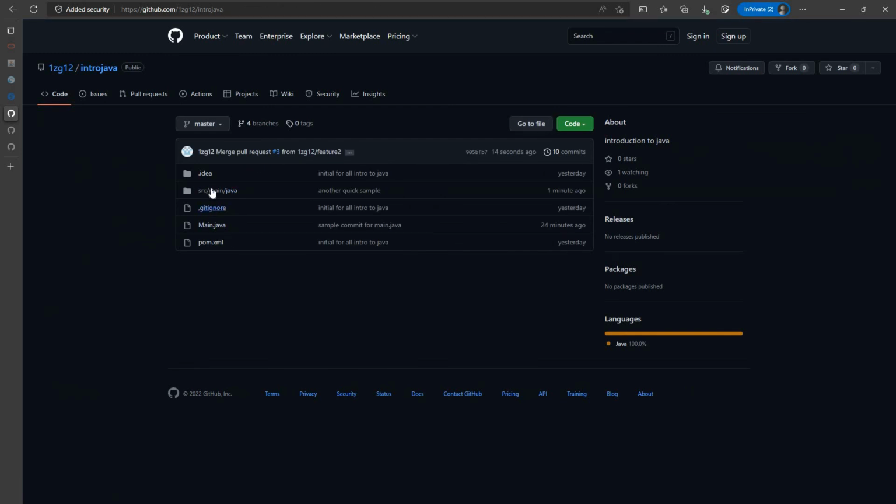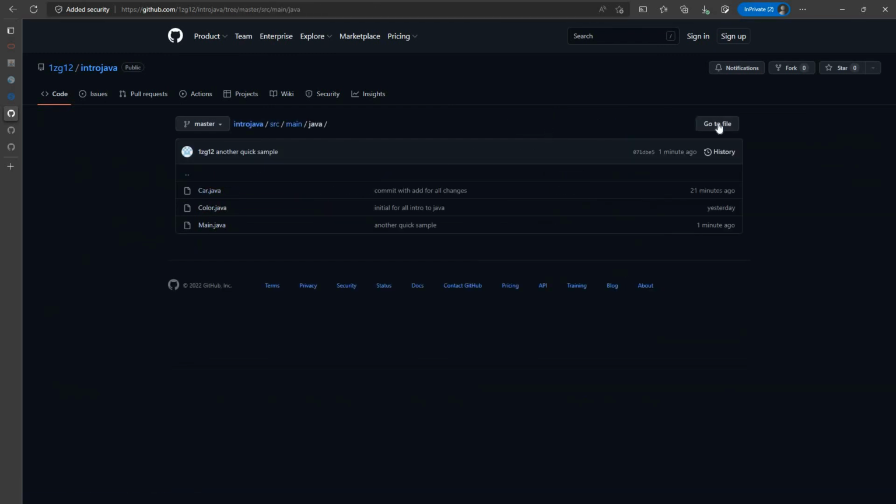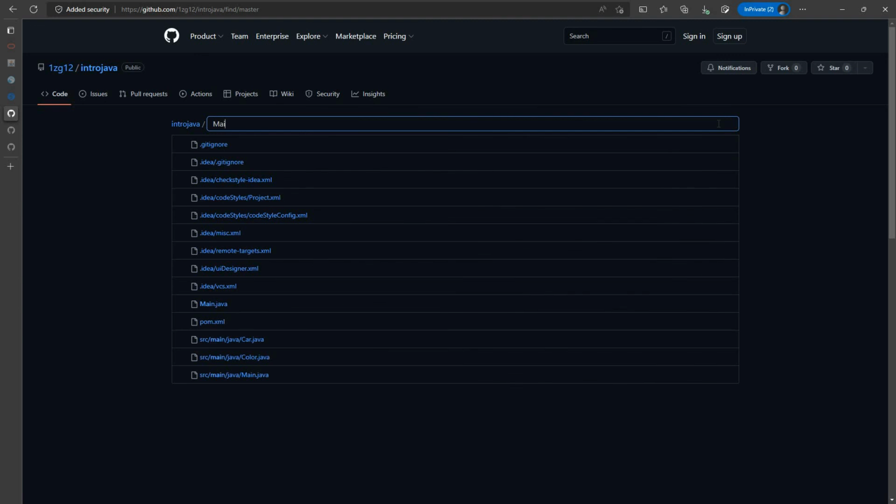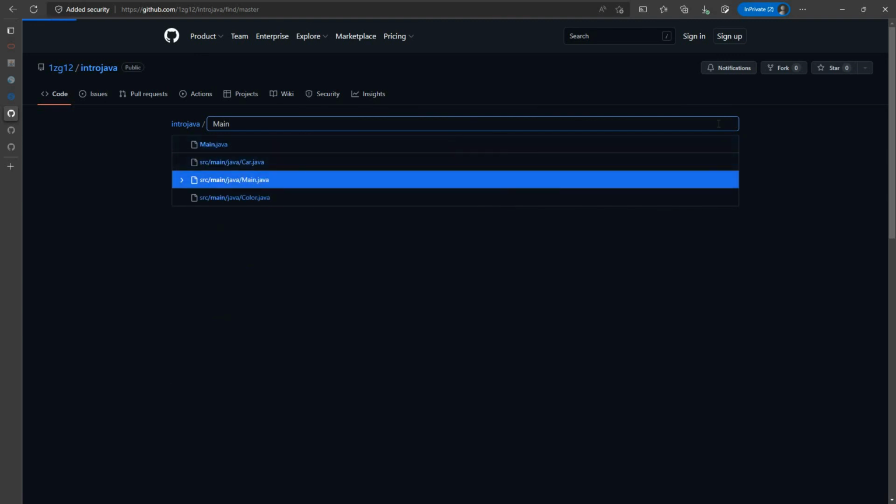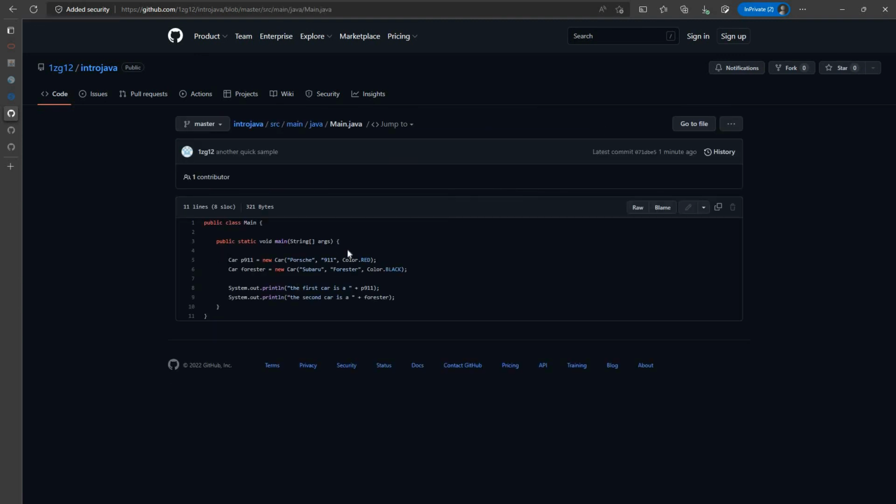If we see the code in here, it's now very clean. The comments have been removed. I think that's probably it for